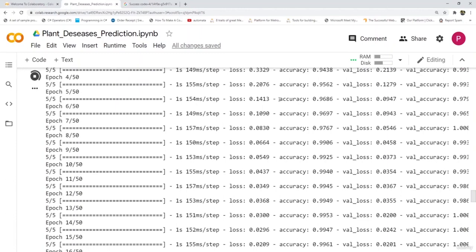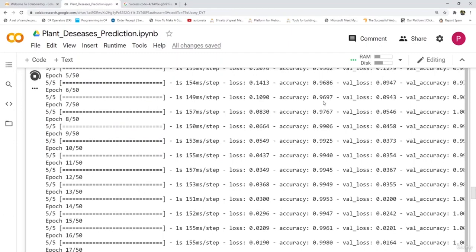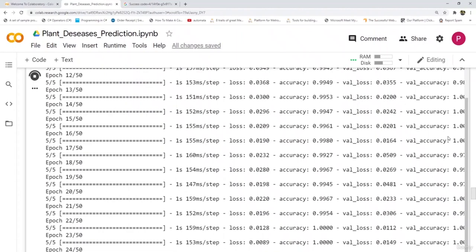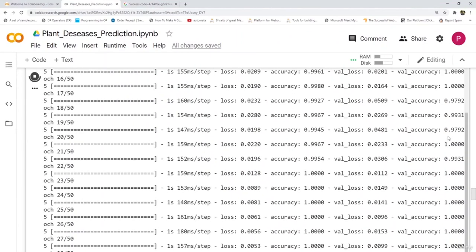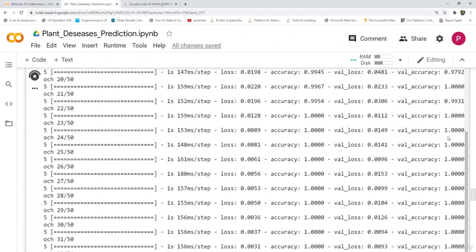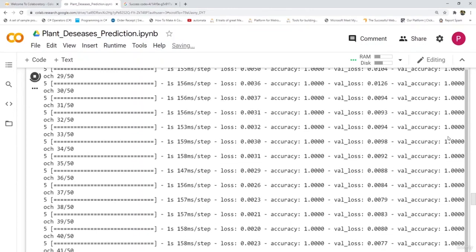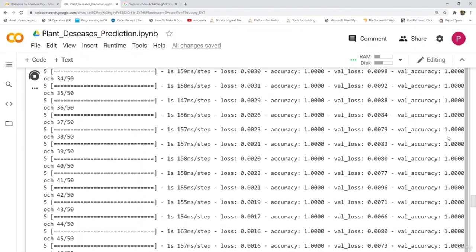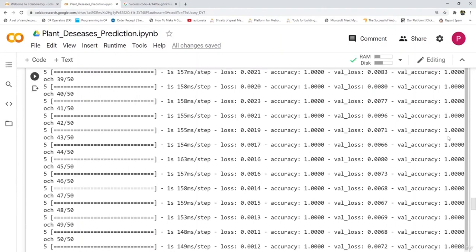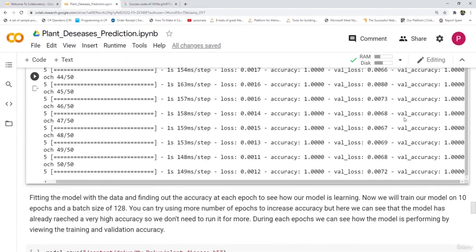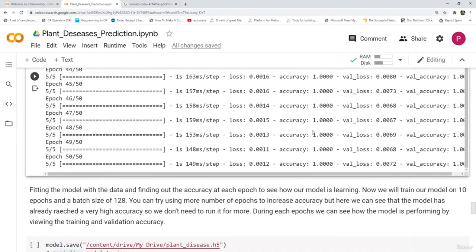You can see that it is 0.9686 in the 5th epoch and the validation accuracy is around 1, which means that the model was overfitting at that point. But as we move forward, the training accuracy is becoming 1 and the testing accuracy is also becoming 1. So as you can see here, we have run this model for 50 epochs and both the accuracies are 1.